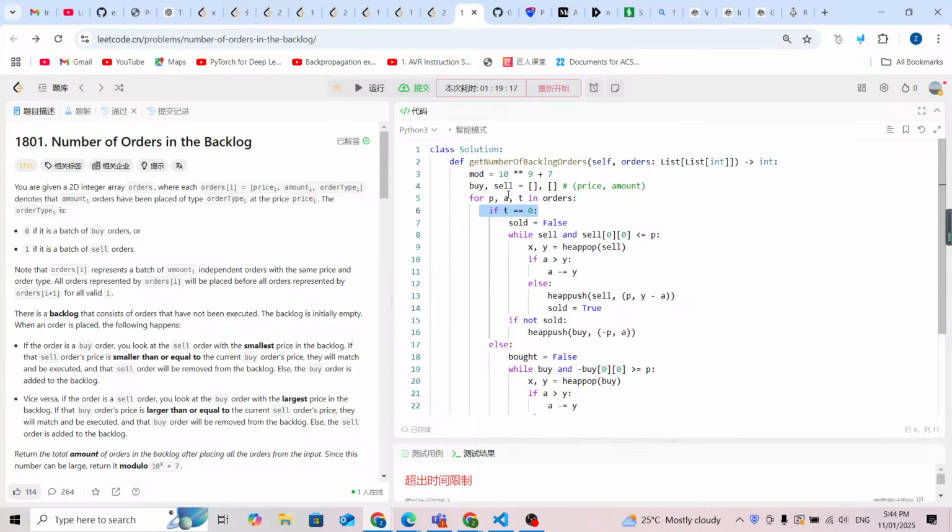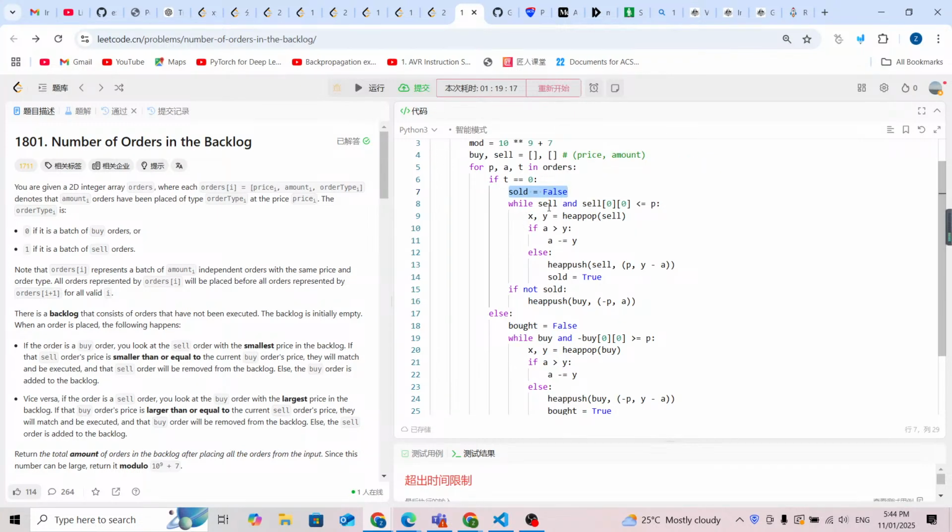So this one is, I want to buy it, and then I'm gonna set a sold flag to false, and I'm gonna check the sales backlog. If there's some value less than or equal to the current price, so I will pop it out from the sale array, and if this amount is more, I'm gonna update the amount, else it means something gonna be left behind. I will push it to the sell array, and this is